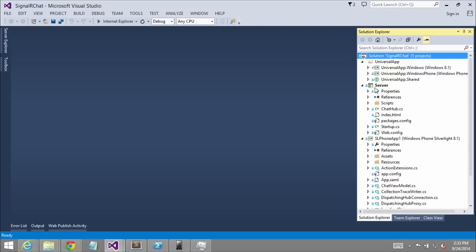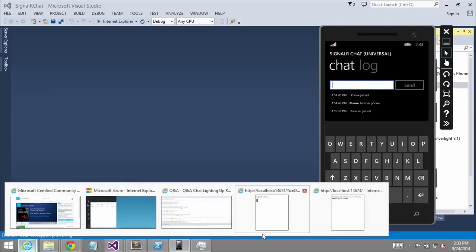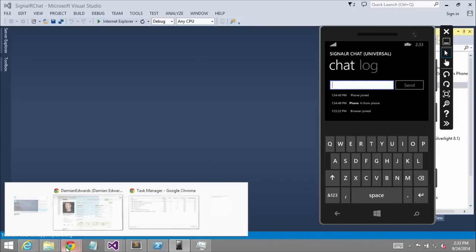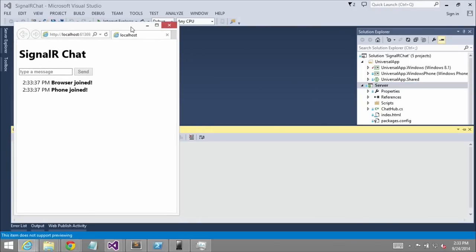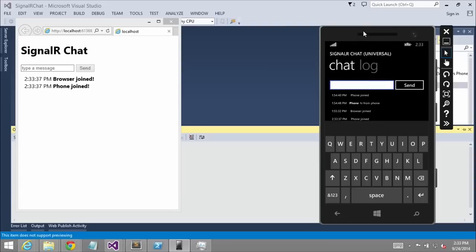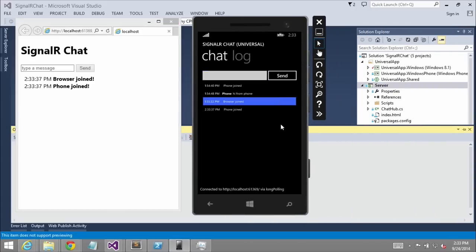So the server's pretty basic. That's already running. I have the phone application running here. Here's my chat. And I think over here I still have the chat running, or I don't, because I'm lying. Let me run that. Okay, so pretty typical thing. I have chat here on the left in the browser, and I have chat here on the right, which is the phone app. Now, this is a XAML phone application, and so one of the things that this demo sets out to do